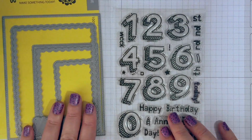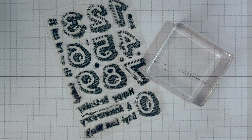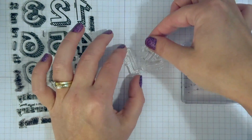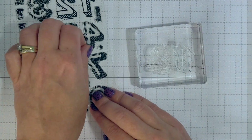Guys, it's Tessa here. Today I'm going to make a quick card using the Sketchy Numbers Stamp Set and the Lacy Layers die. First I'm going to start by stamping the number 12. I'm giving this to a little girl next door who's turning 12 next weekend. So I put 12 and then I'm going to use the little